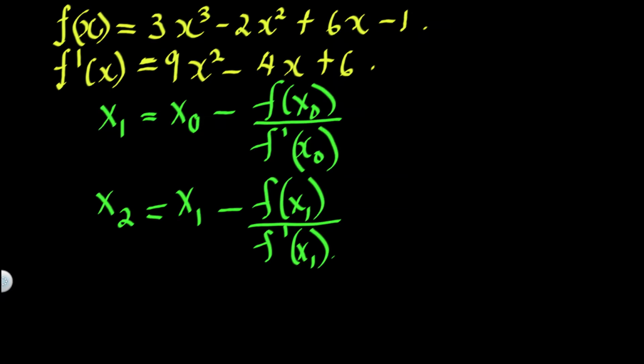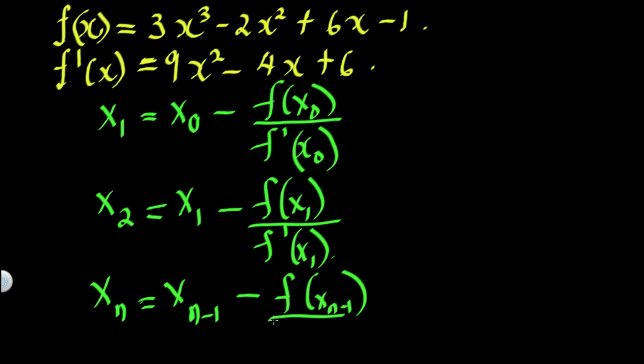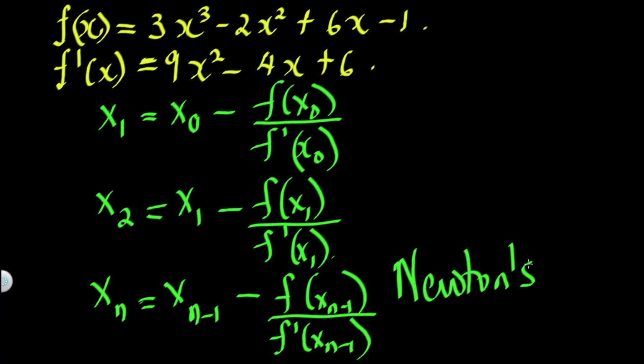Now, in general, xn is equal to xn minus 1 minus f of xn minus 1 divided by f prime of xn minus 1. This is the formula. This is Newton's method, or Newton's rule, as it is called. We continuously use this formula throughout. This is why I already found f of x and f prime of x, because we're going to need them